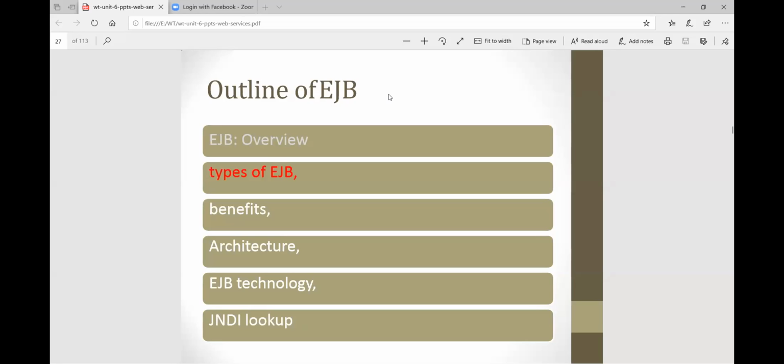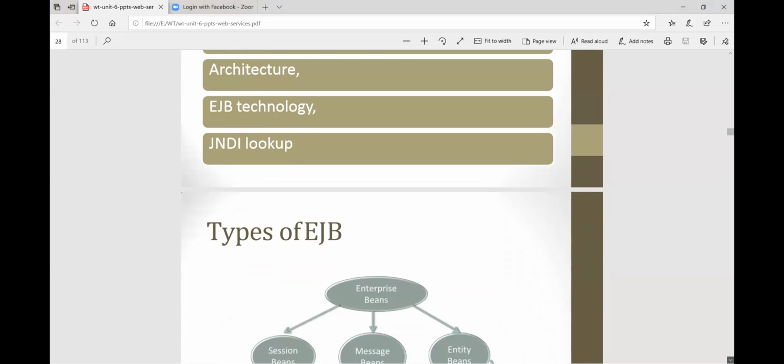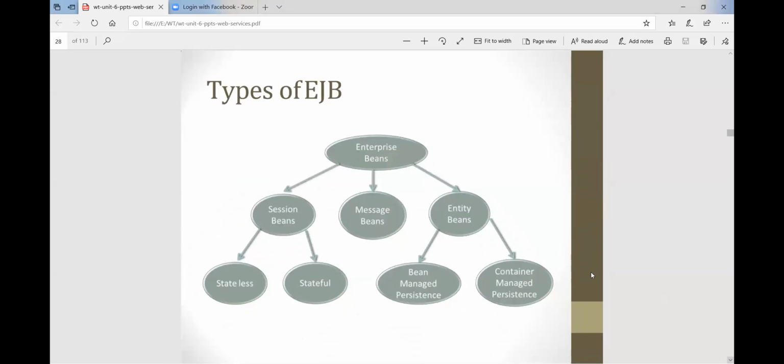So the next part is types of EJB. So first, Enterprise Beans.